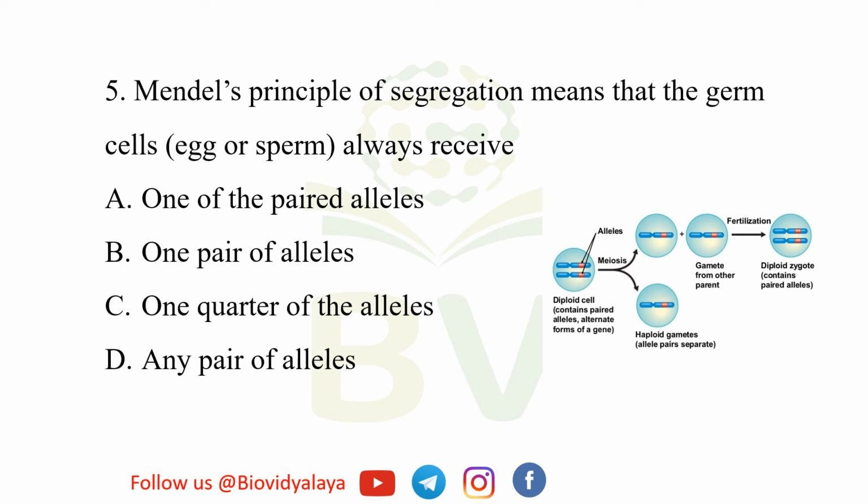Law of segregation states that each individual that is diploid has a pair of alleles, or two copies of the alleles, for a particular trait. Each parent passes an allele at random to their offspring, resulting in a diploid organism. So, we know that what is the germ cell of female? Female germ cell is egg cell and male germ cell is sperm cell.